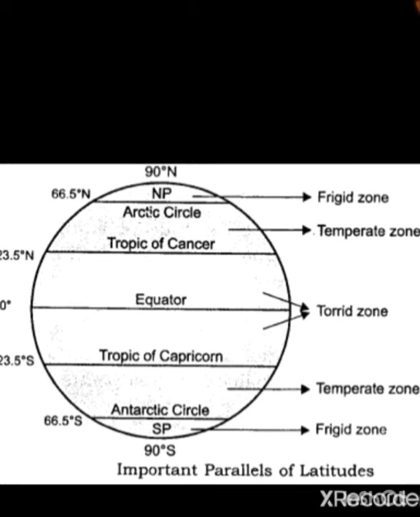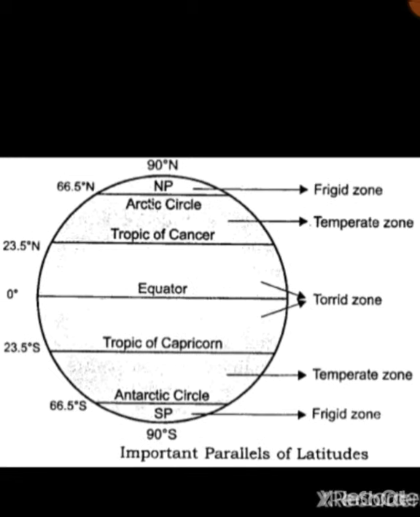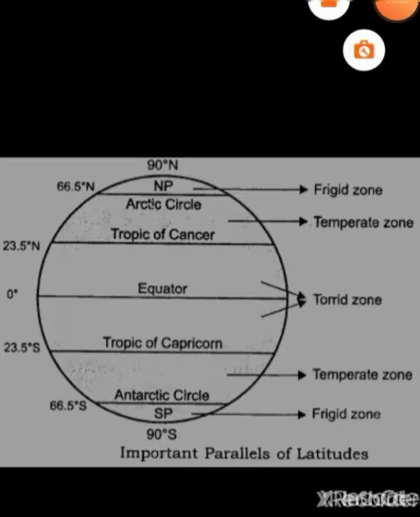I am going to cover a few features of latitude that I had covered in the previous video, that latitudes are full circles, right? They are full circles that keep becoming smaller towards the pole, right? The next important feature of latitude. You need to understand this so that the things that I am going to teach you in the next topic will be clear to you, because at times we will be calculating the time. It will be acting as a main role. To understand these things, you have to keep all these things in mind.